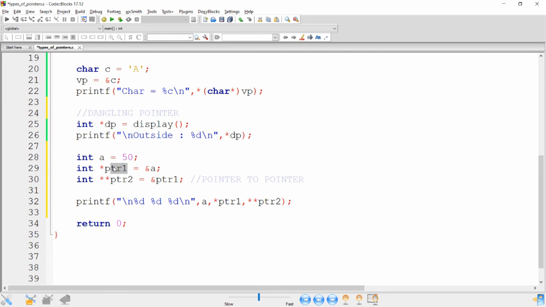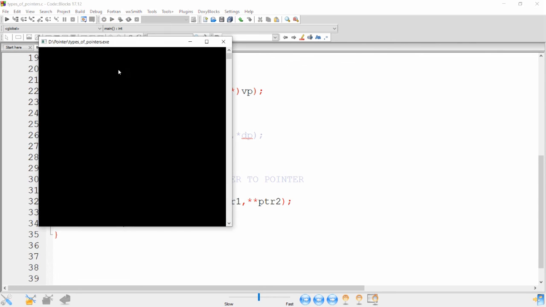So pointer 1 is pointing to a, and it will print 50. So whenever you write **ptr2, it will print 50. You cannot access the variable which is declared inside the function from outside, so I am simply putting a comment here. Why? Because my dangling pointer is pointing to a variable which is already deleted. So I'm just putting the comment, so my program will run perfectly.